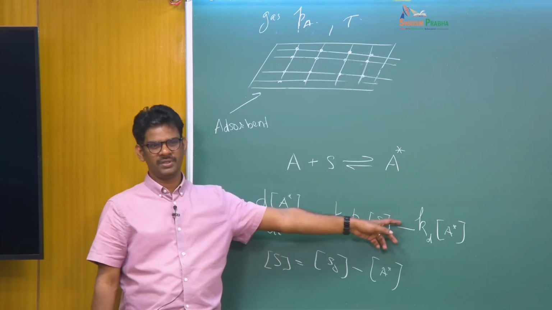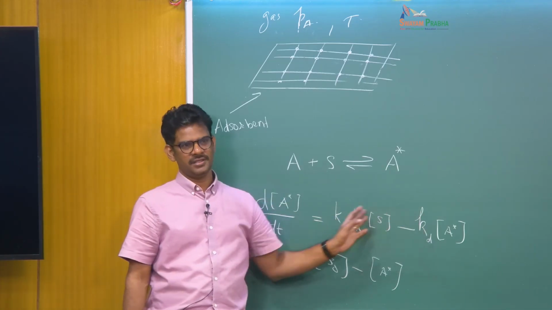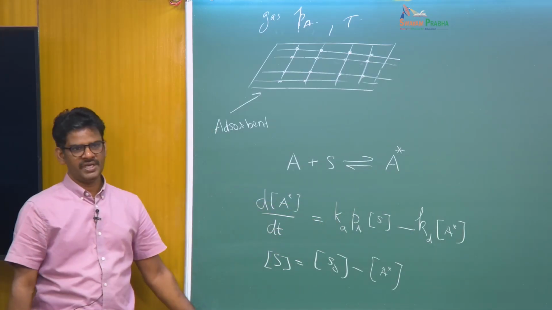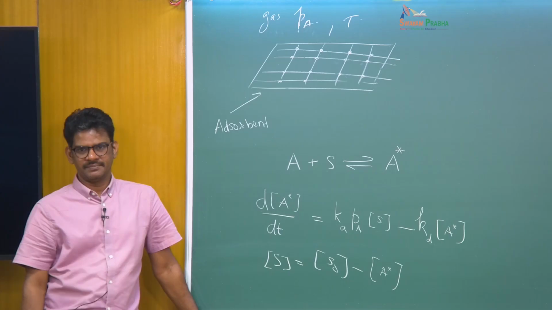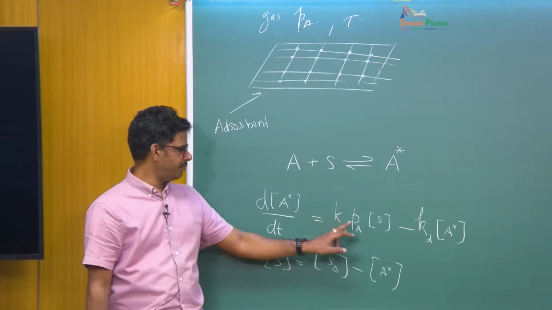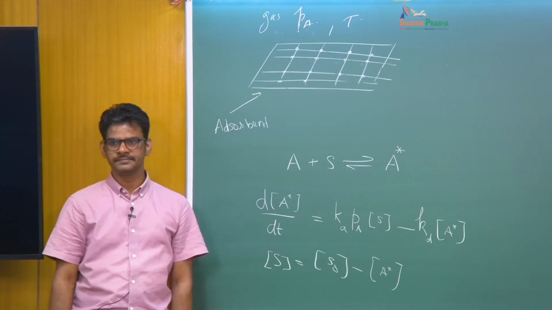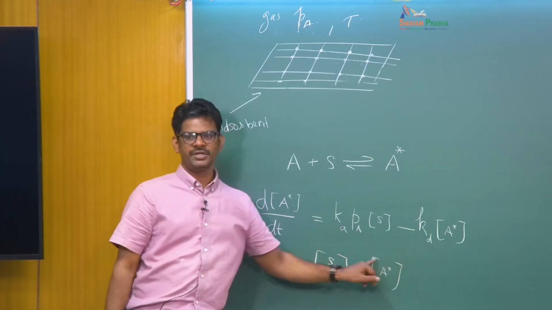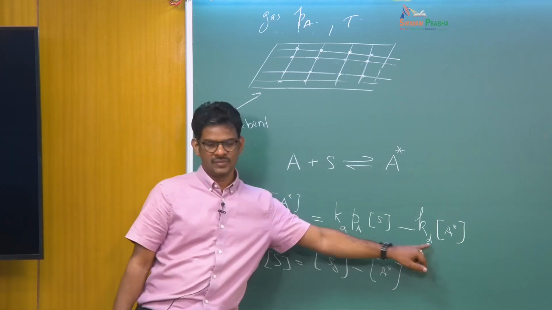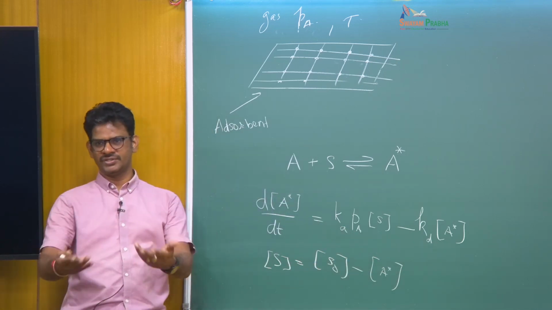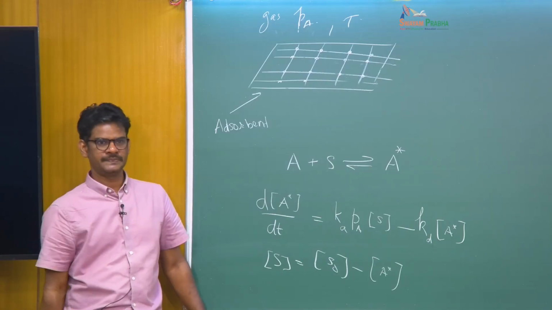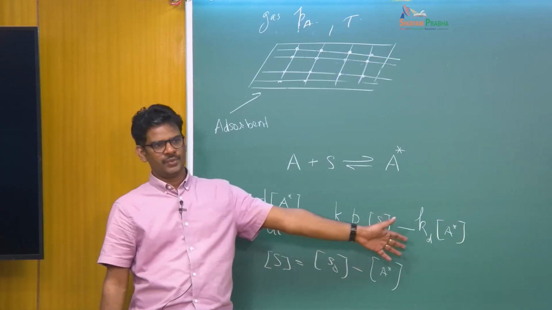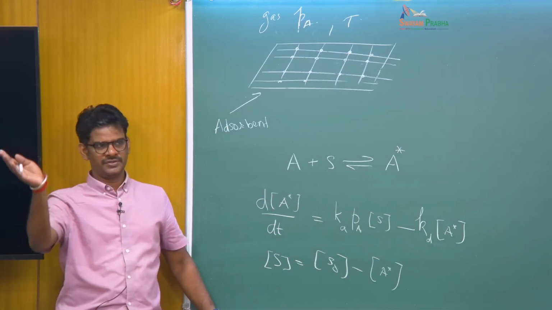So I have only one variable, and if the constants Ka and Kd are known, you can integrate this and find how the number of molecules of A varies with time for a given set of Ka, Pa and Kd. The temperature enters in the constants Ka and Kd. If you change the temperature, Ka and Kd will change. Pa is more like an experimental control. You can decide what partial pressure you want this experiment to be. So from here onwards, it's the solution of a simple single ODE. You get an analytical equation and you can show how it varies as a function of time. So it will exponentially increase